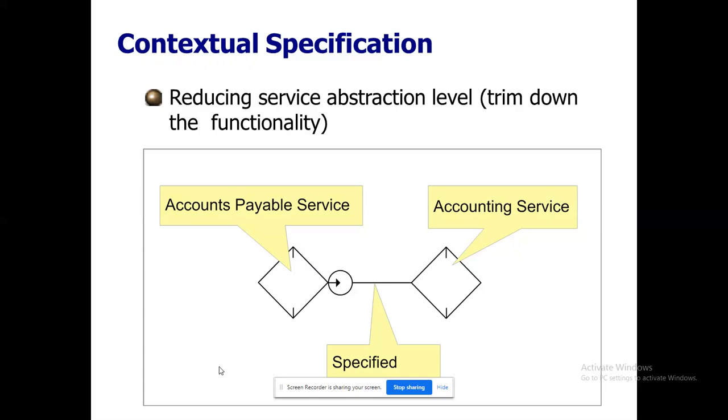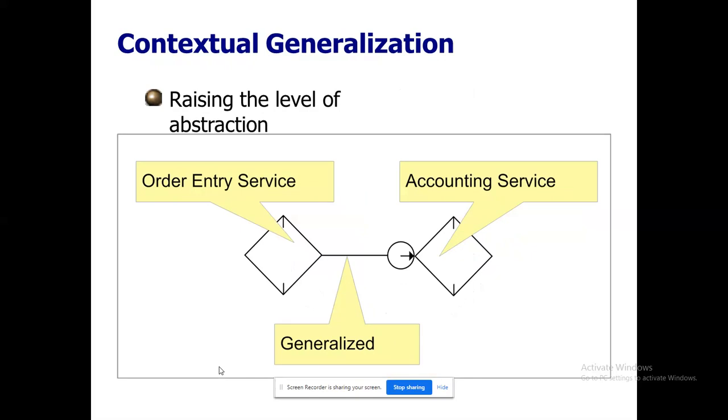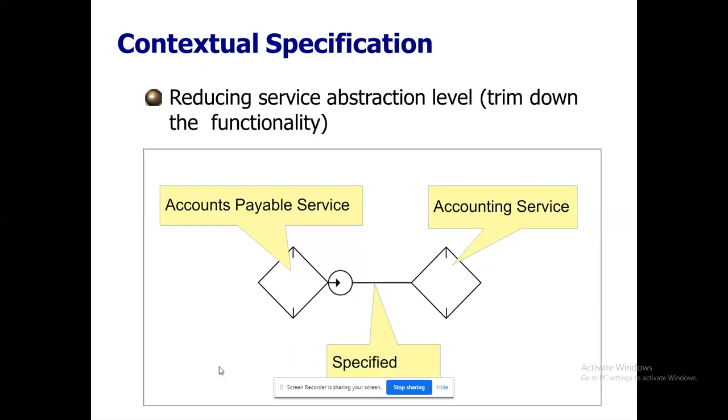So in that case, I am ready to represent the relationship between two services using specified abstraction. So that could be the representation. Please remember that I am using my contextual modeling notations. In the previous one, see that encircled arrow mark was on the main service. Right now it is starting from the specific service. That means this is one of the components of the accounting service. That's what Frederick mentioned about this.